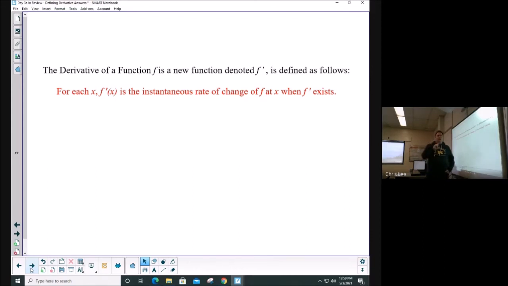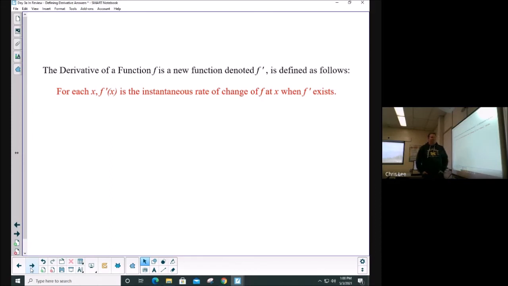It's only one apostrophe. It's called f prime, or the derivative of f. So you'll hear me say both of those. Both of those mean the same thing, but the little one tick is a prime thing in mathematics. So it's called f prime, or the derivative of f, and it's defined as this: for every x, the derivative